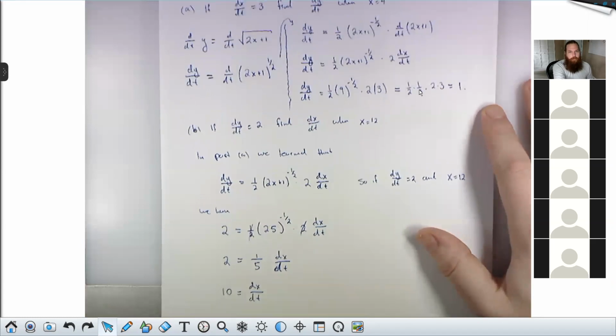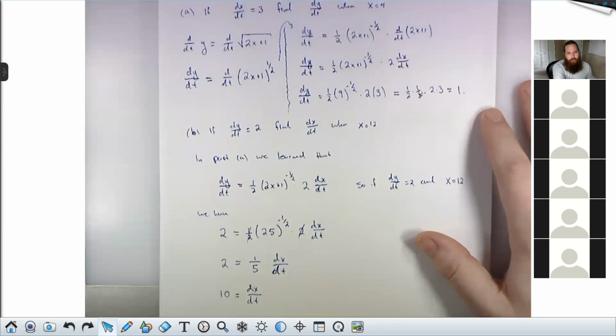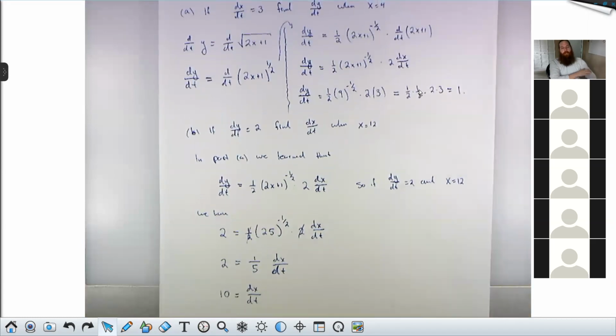So I'm really glad we looked at this problem. This is exactly the sort of stuff that we need to be getting comfy with in order to be rock stars at related rates. So I'd really like to hear whatever you guys have to ask about these steps. And then after we've talked about that, we can talk about anything else in the problem. So questions about this stuff, particularly anything that leads us to here.